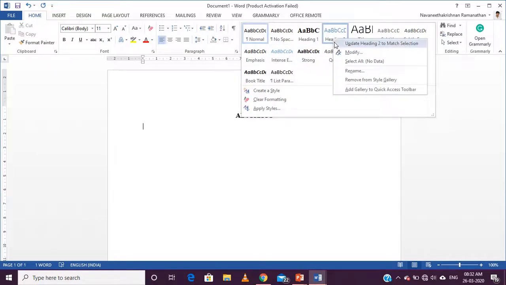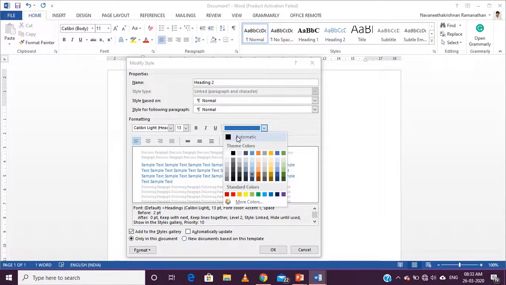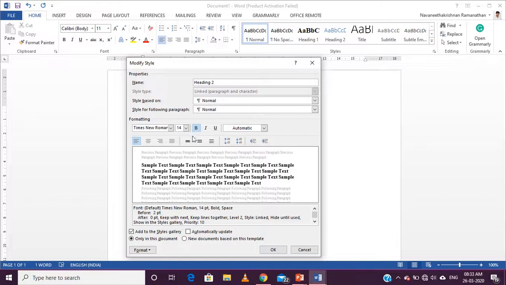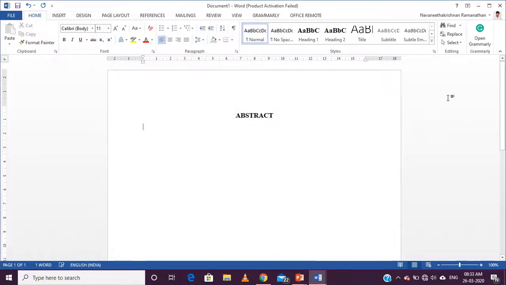heading 2 is the same thing, but it should be left aligned, black, Times New Roman, 14 size, bold, left align, 1.5 line spacing. So if I select it as heading 2, it will go according to our format.